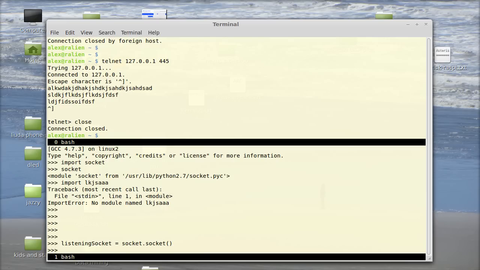The notation socket.something means the socket module followed by what you want from that module. So that's why I wrote socket.socket, meaning I want the socket function from the socket module. I can then bind it to an interface, which is a tuple of the form